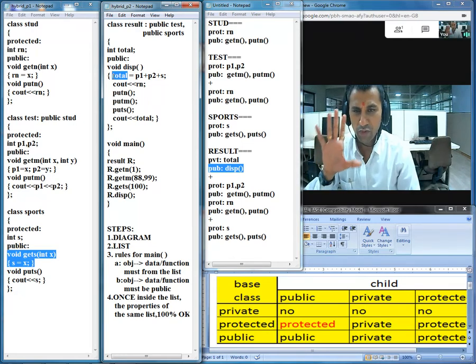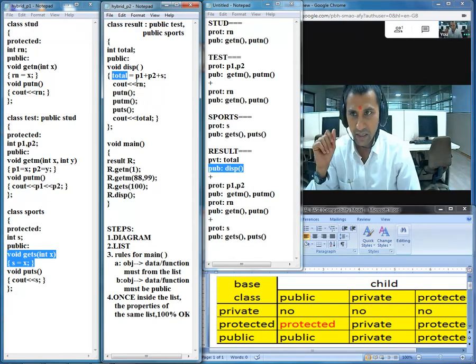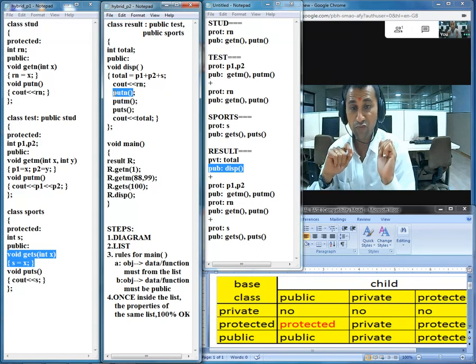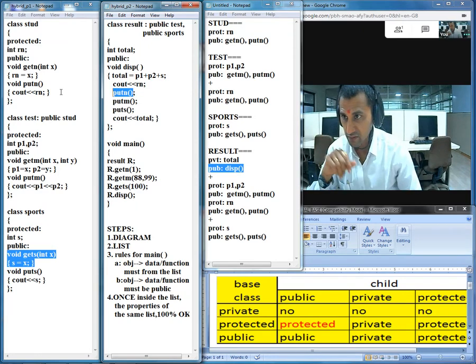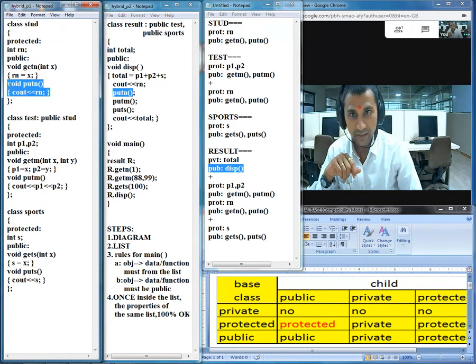Now we have the total. Right after that, we will be printing the roll number, that will be 1. Once again, void display is going to make a call to put n. That means from display we are going to jump to the definition of put n. Where exactly will we find it? Yep, here, roll number will be executed and printed.